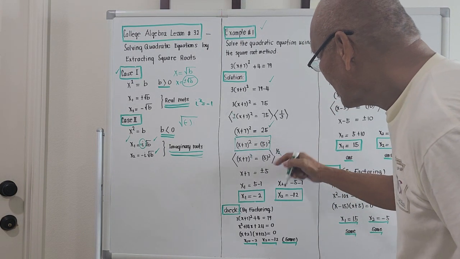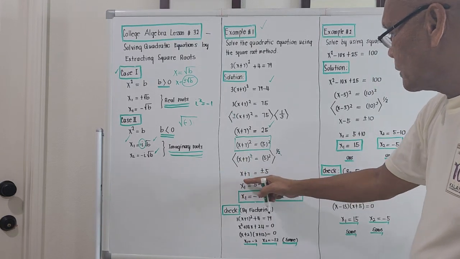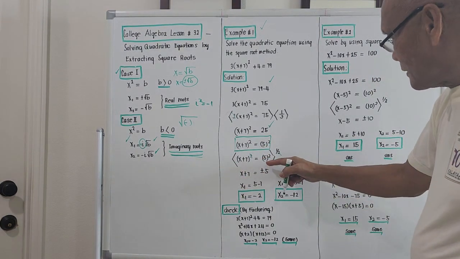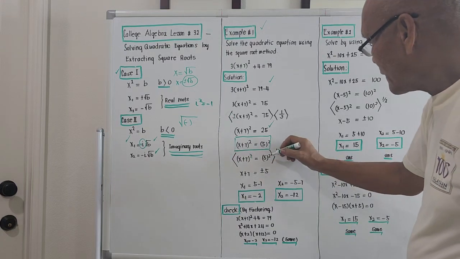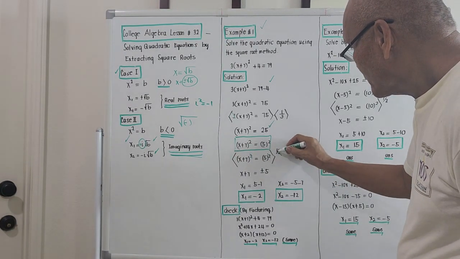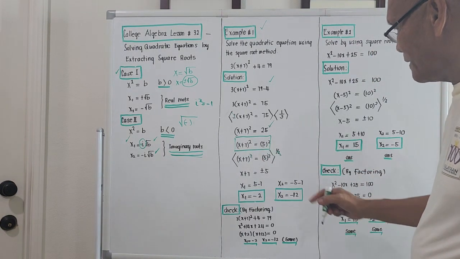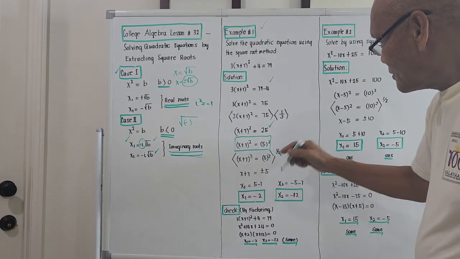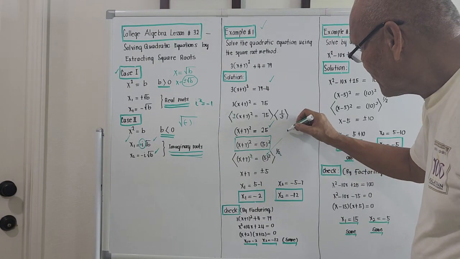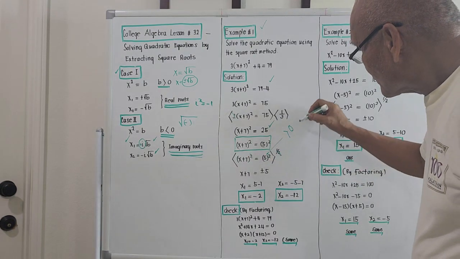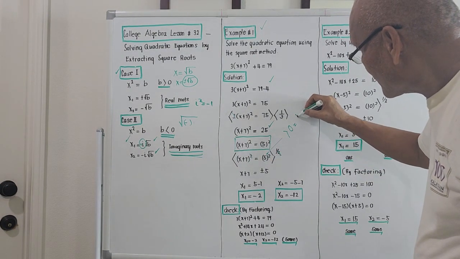These 2 here cancel with these. On the left-hand side, what remains will be x + 7. On the right-hand side, we will still take the square root of 5 squared. Again, these 2 here cancel with these. What remains on the right-hand side is a positive number. The 5 inside is actually a plus, it is greater than 0. So what will come out will be either a plus or minus